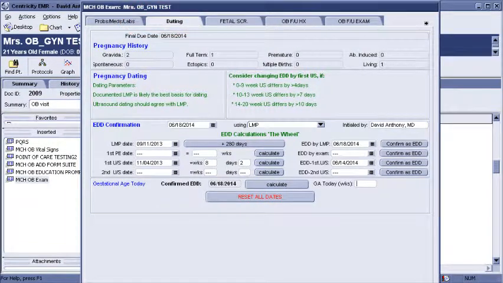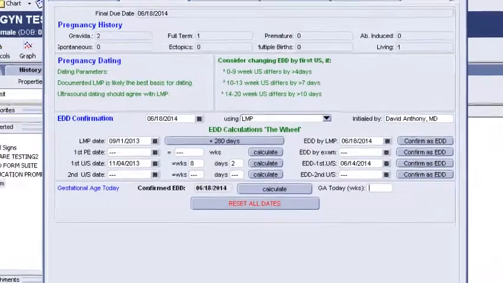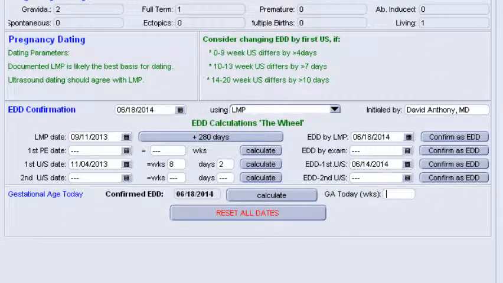This takes me to the next form, which is a very important one that you understand, the dating form. You can see here that the person's last menstrual period was entered as September 11th, 2013, and the EDD based on that is June 18th, 2014. This person has also had a prior ultrasound that's been entered, done on 11/4/2013 at 8 weeks and 2 days, and on the basis of the ultrasound,